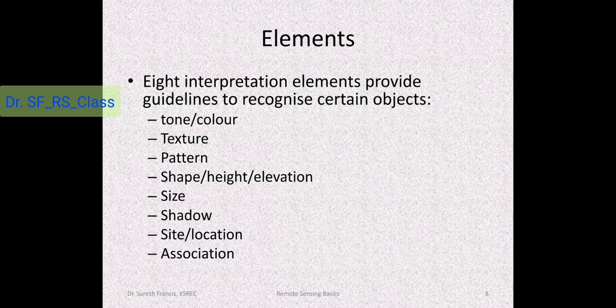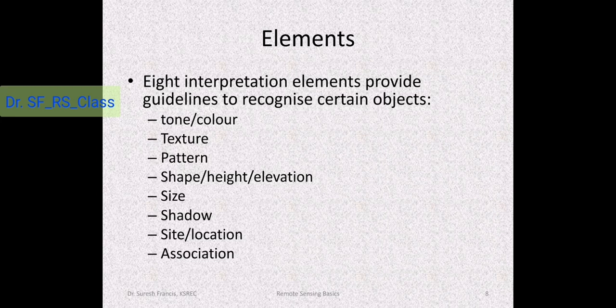And if it is a forest area, deciduous forest area, dense forest area, all these tone and color texture will be different. Texture also, tone and color basically depends on the pixels. It's individual pixels, and the texture will be from an aggregation of pixels. Texture can be coarse texture, it can be fine texture, it can be granular, or different types of textures. We will see something in detail in the coming slides.